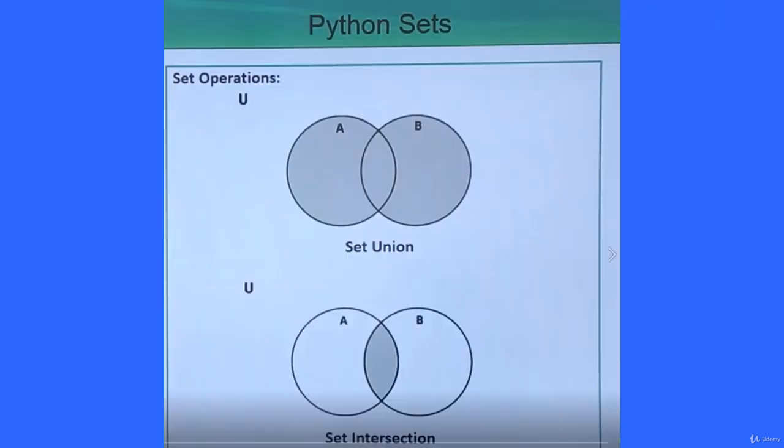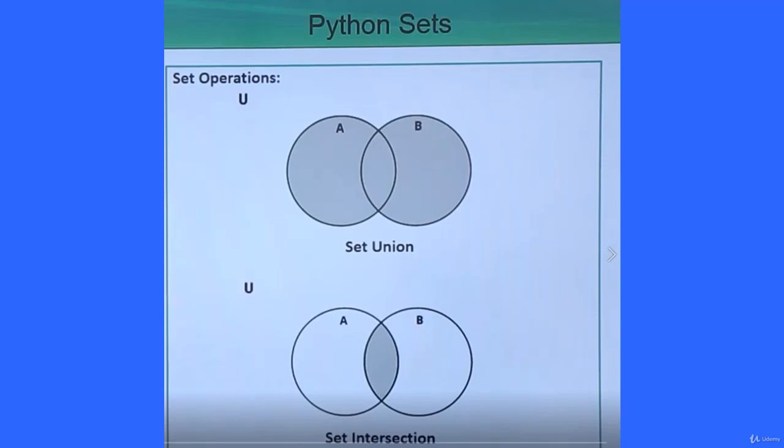Here we are discussing the set union. Let us suppose A is a set and B is a set. If you do the set union, that is A union B, we are selecting all the elements belonging to either A or B or both. Now the set intersection. If you take the intersection between sets A and B, then all those elements which are common between A and B will be selected. Here U stands for the universal set.